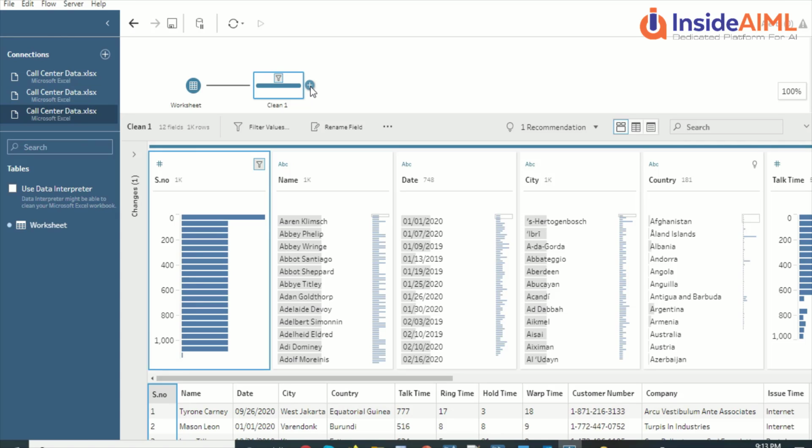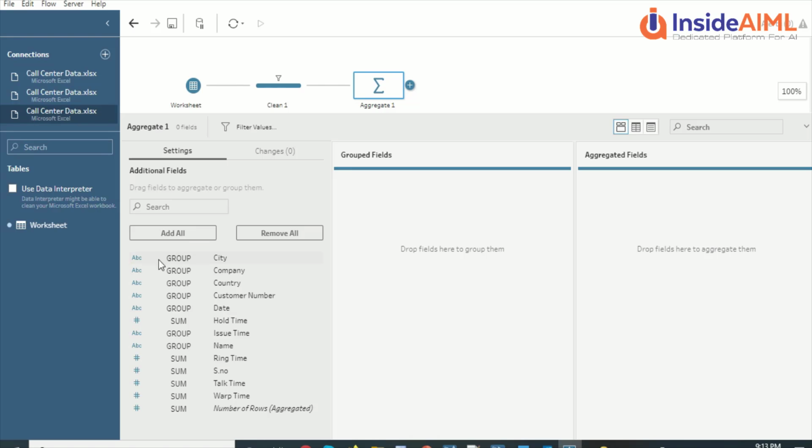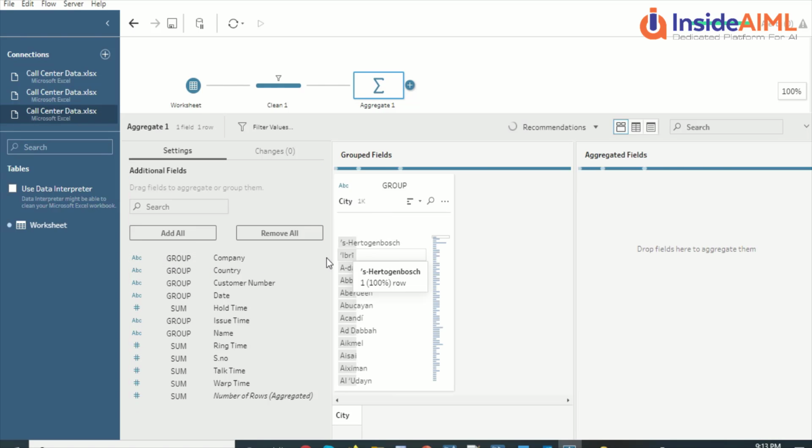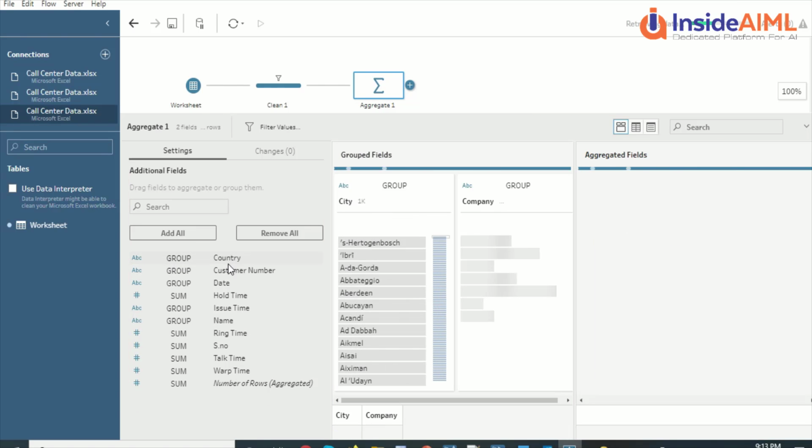Now once I've done that cleanup, the second step is to remove duplicates from this file. To do that, the steps I can add are clean step, aggregate, pivot, join, union, script, prediction or output. The only step I can add right now is aggregate. To aggregate, whenever it is group, I can simply drag it.